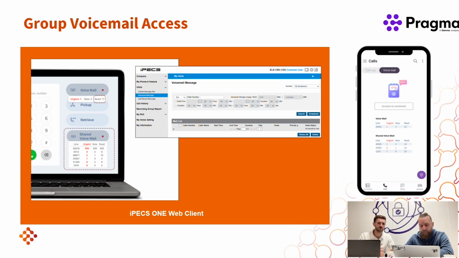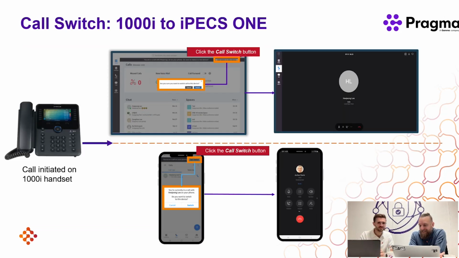And I guess if you had a team, if one came in and there was a message and someone's read it, you can quickly see that people have read it and it's been dealt with. So if you've got a sales team or something like that, it's really easy to monitor. Yeah, exactly. And I think the next one is one that people have been crying out for a while, to be fair. But it's a good feature though.